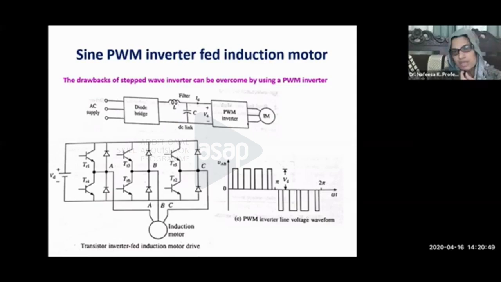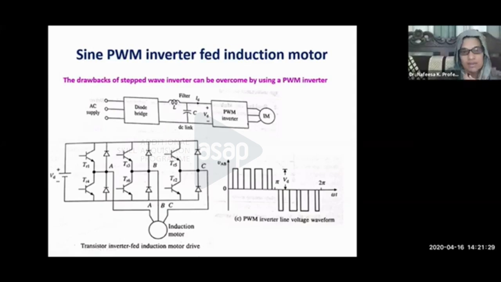This PWM inverter itself gives a variable voltage, variable frequency output to the induction motor. In the previous square wave inverter case, the frequency can be varied by controlling the turn on of switches, and for varying the output of the VSI, we need to vary the input voltage. Unlike this, in the PWM inverter we get the output itself as a variable voltage, variable frequency output, so that you can directly give it to the stator of the induction motor. That is the advantage of the PWM inverter setup.